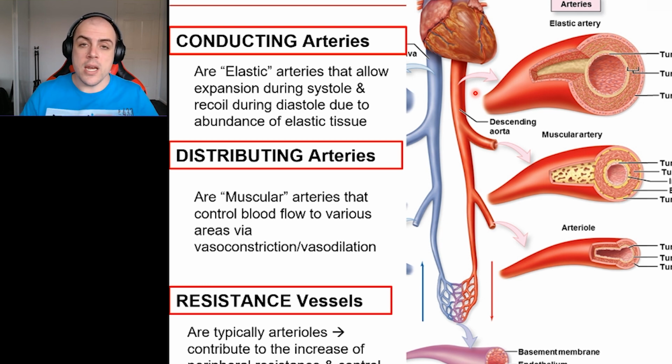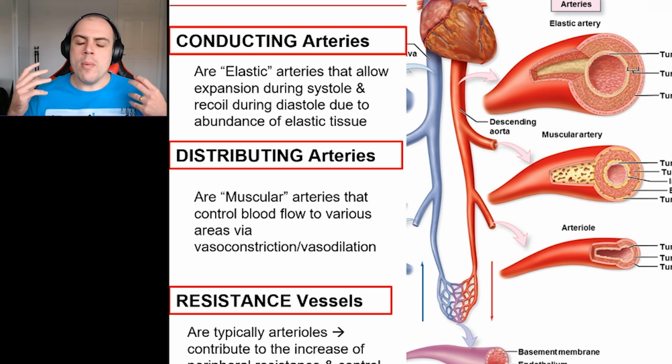So vaso meaning blood vessel, dilation meaning to dilate, to open, and vasoconstrict meaning to constrict, to tighten in. And that was the importance of the smooth muscle that we saw in the tunica media. It really allows us to vasoconstrict or vasodilate. Then we also have our resistance vessels, and what this does is it allows us to control the amount of blood moving into the capillaries via peripheral resistance, and this is something we're going to be talking about in a